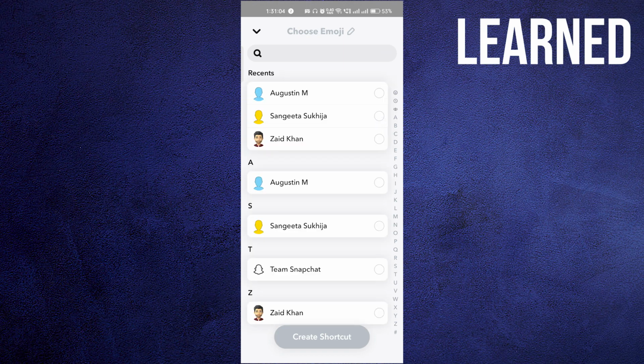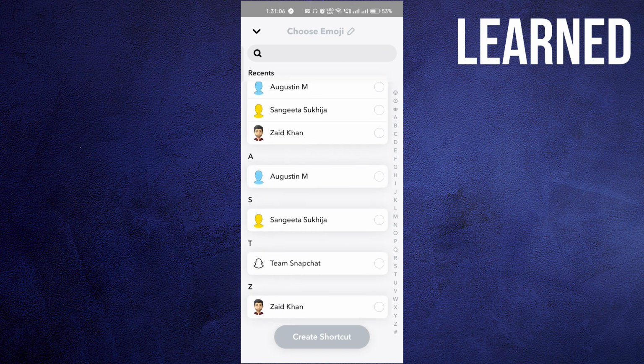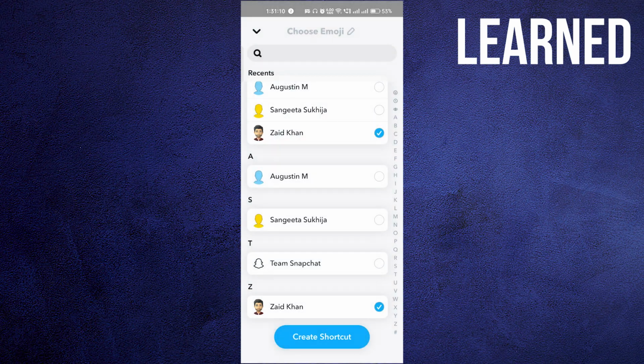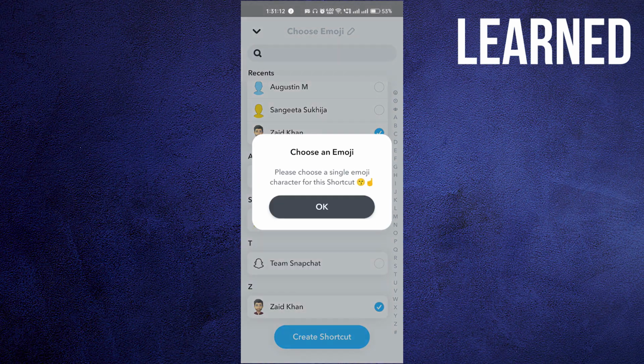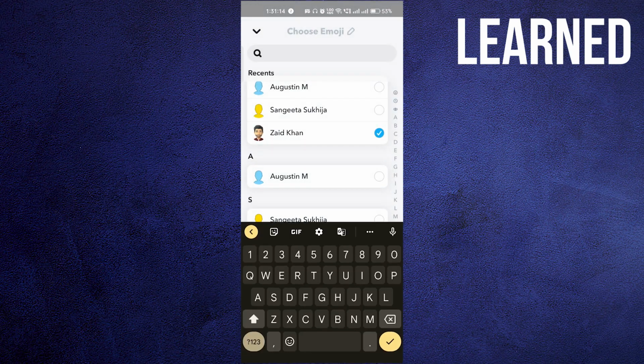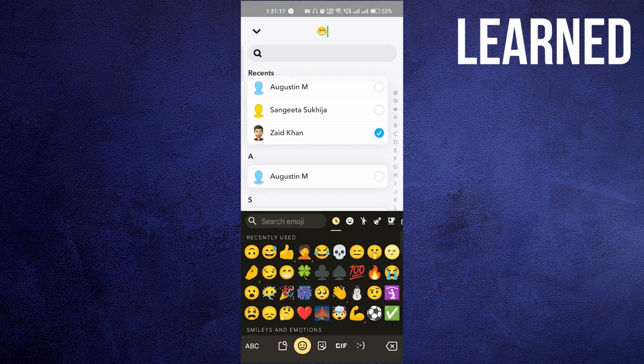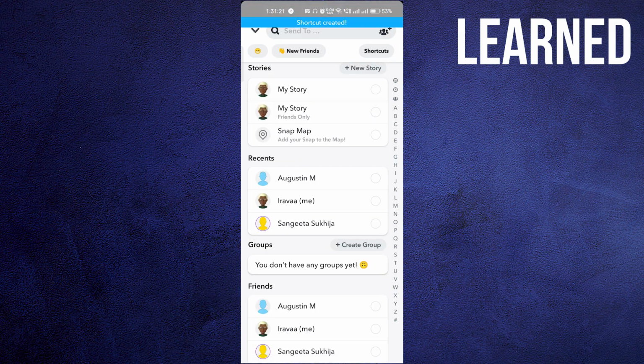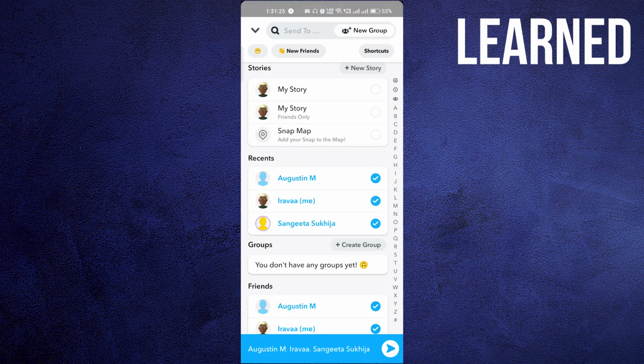Okay, so guys, here you can select the celebrity, and after that you have to just click on create shortcut, and you can select some of your friends too. And after creating a shortcut, we have to select an emoji, right? So we will just select an emoji here, and after that we have to just create it, right? And after that you can select the shortcut and you can just send it